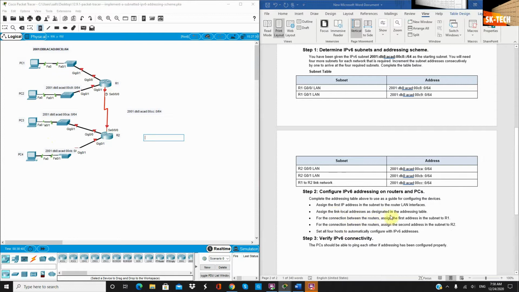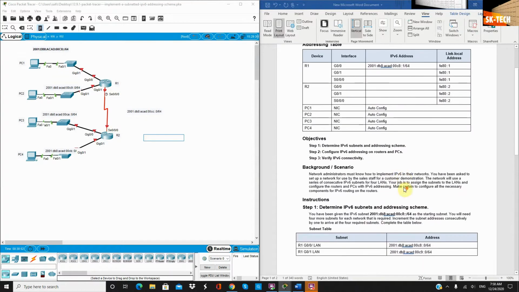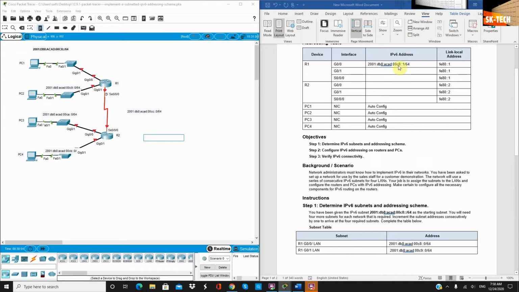Assign the link local address in the addressing table. Okay, so first let us complete the addressing table. This one is already done for us. Number one for the interface G0/0. So in router one, the other interface has this subnet. So copy and use the first IP address, number one. Okay, for this one, R1,